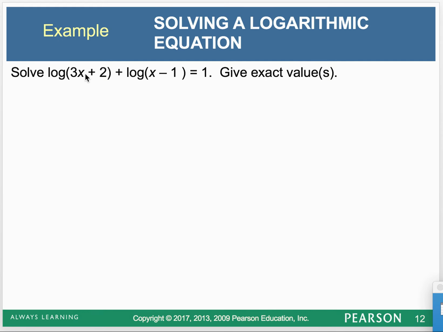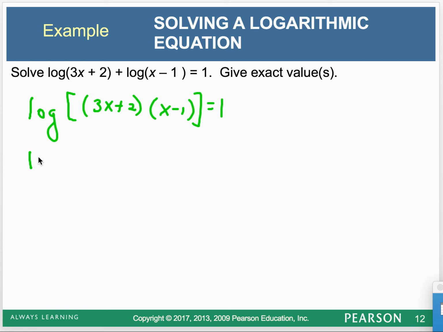Okay, this is two separate logarithms. Can't have that, right? Got to combine it because it's being added. I've got to multiply those arguments to combine it into one logarithm. Okay, now that I have one logarithm, I can change it to its exponential form. Base is 10 if it's not written, so 10 to the 1, and I'm going to go ahead and multiply